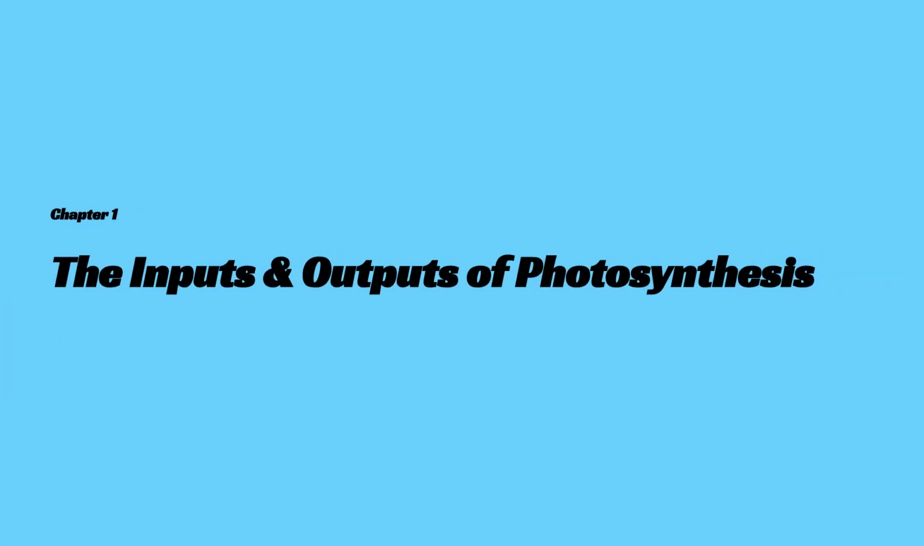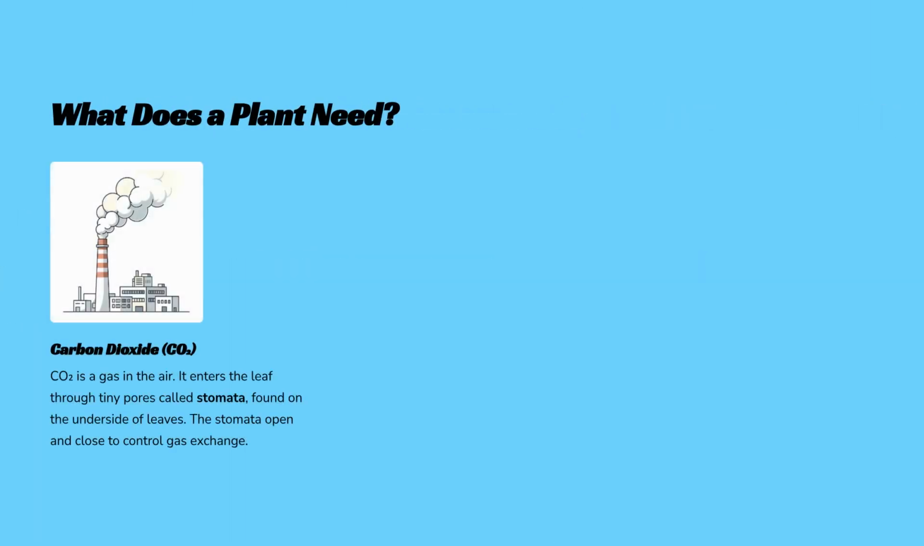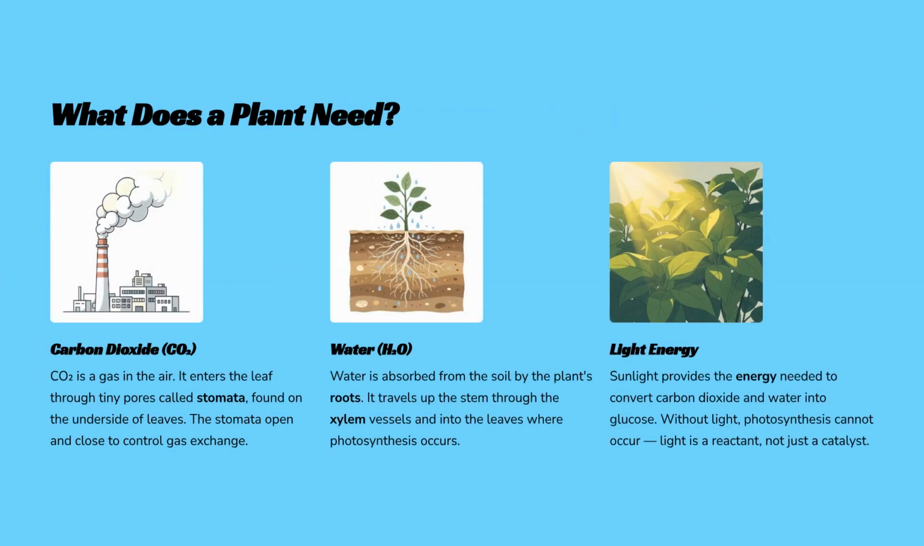Chapter 1 focuses on the inputs and outputs of photosynthesis. Let's start by understanding the reactants that go into the process and the products that come out. A plant needs carbon dioxide, water, and light energy. CO2 enters through stomata, water is absorbed by roots and moved through xylem, and light energy provides the necessary power